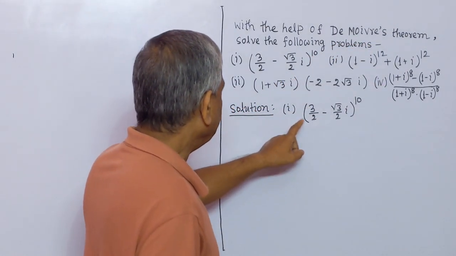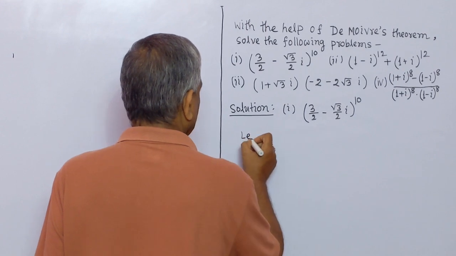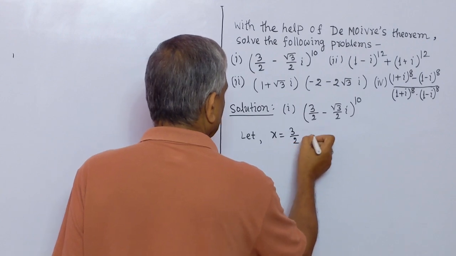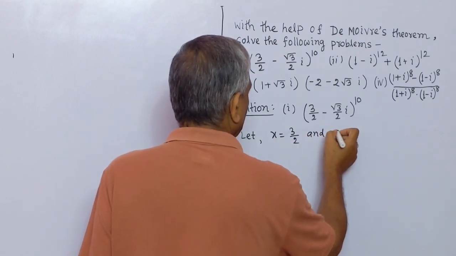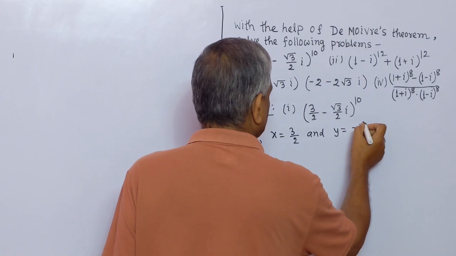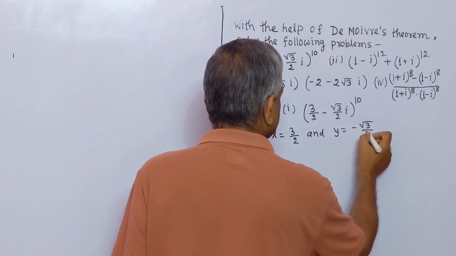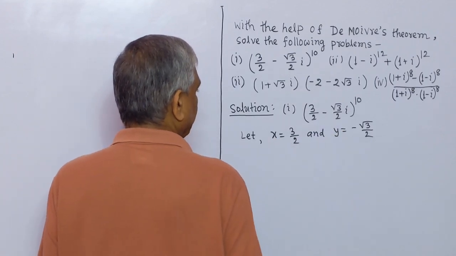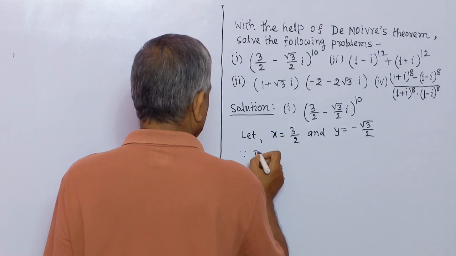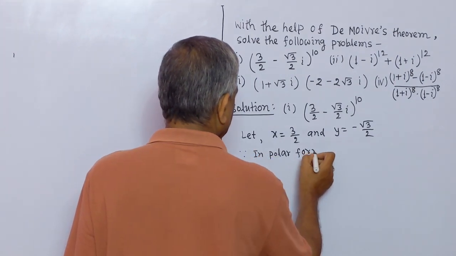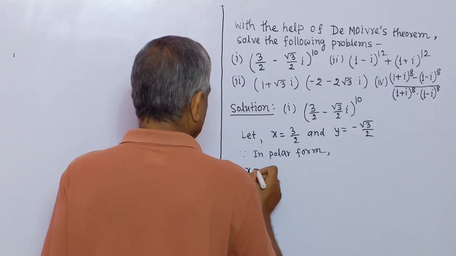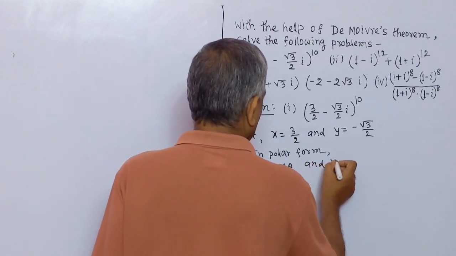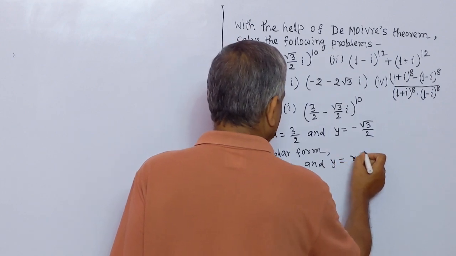Firstly, solve number 1. Let x equal to 3 by 2 and y equal to minus square root 3 by 2. Now we transform these variables into polar form. Since in polar form x equal to r cos theta and y equal to r sin theta,